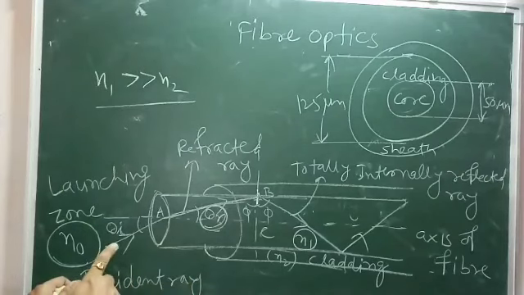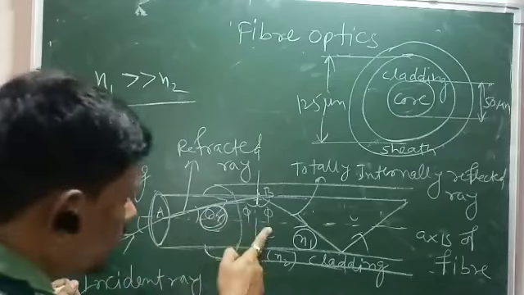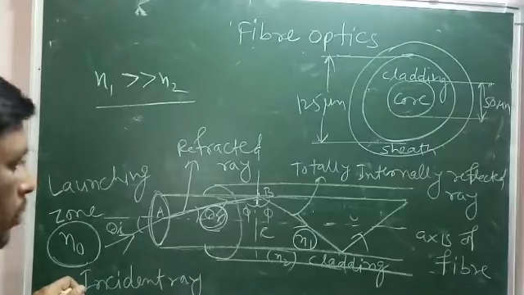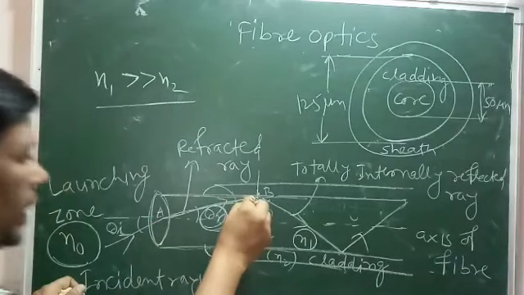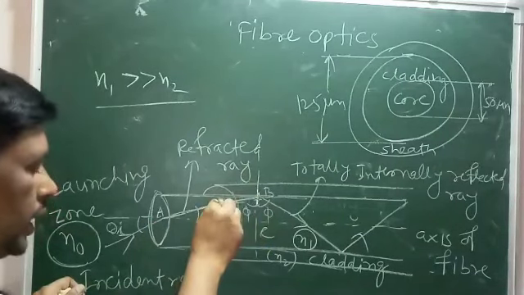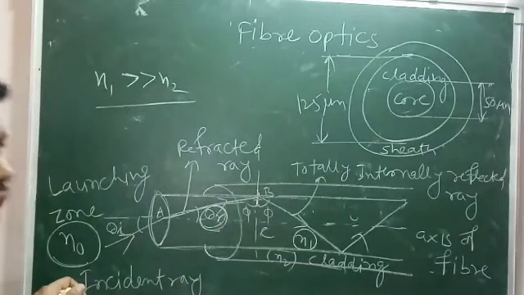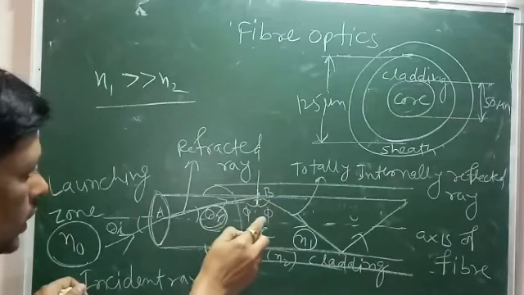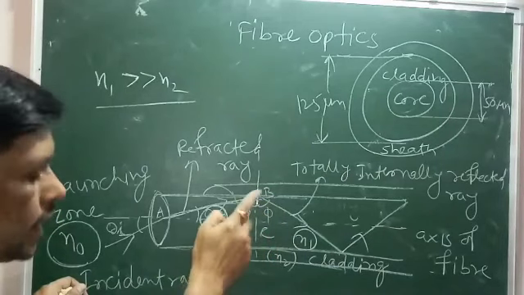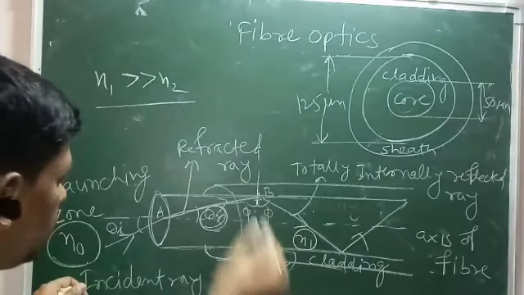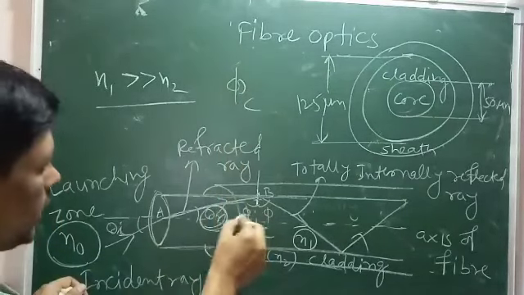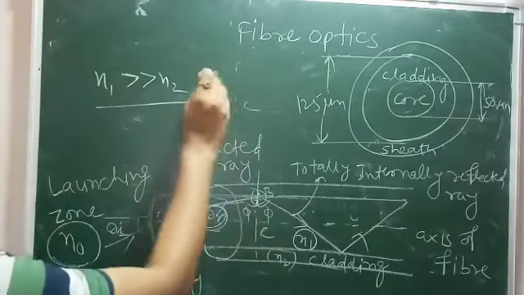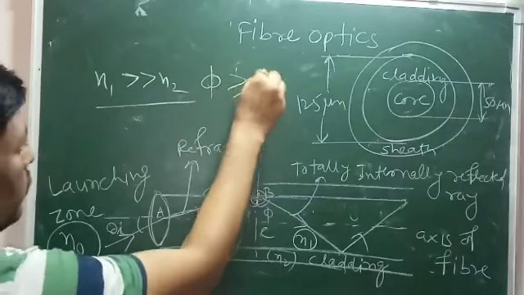So the light goes from N0 refractive index to N1 refractive index. At the core-cladding interface point, the refracted ray becomes the incident ray for the core to cladding point. Here, when phi is greater than the critical angle, let us assume phi c is the critical angle at the point B, so phi is greater than or equal to phi c,